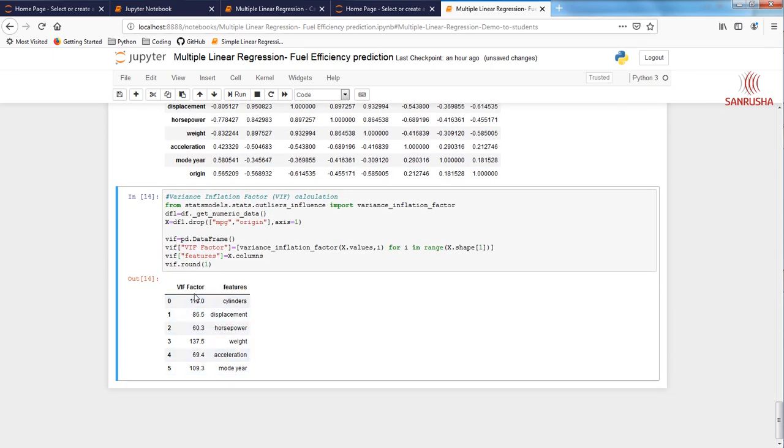Look at this. The rule of thumb is any value with VIF greater than 10, you should get rid of. Start with the one which has the highest value. Over here, weight has the highest value, so I'm going to remove the weight first. Okay, let's run it again.